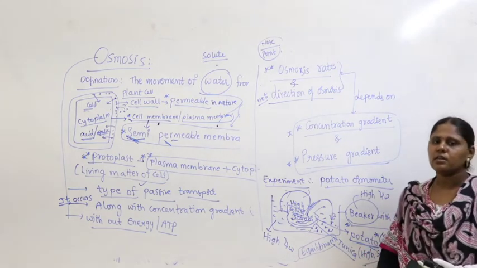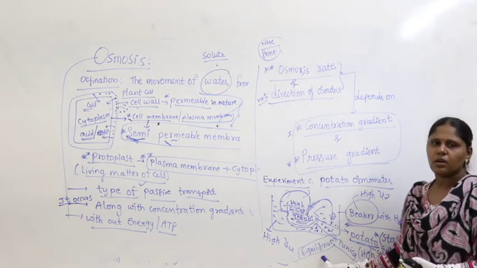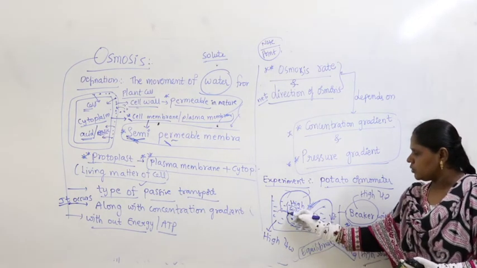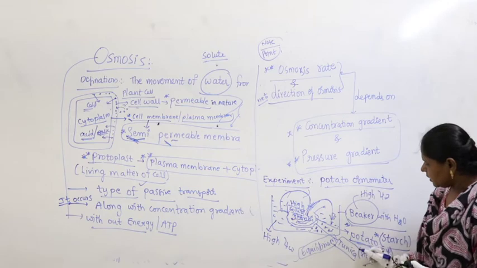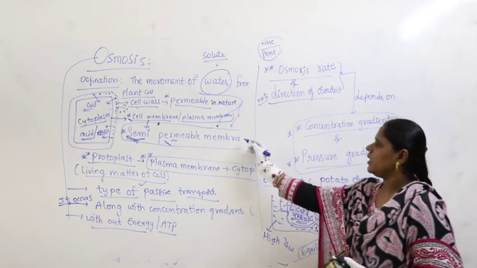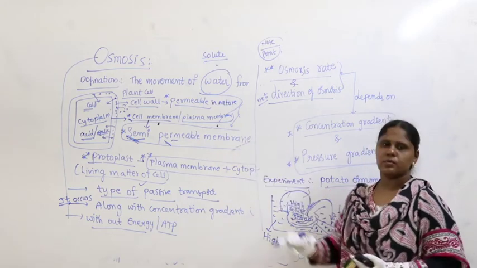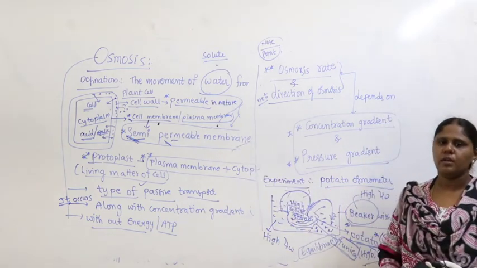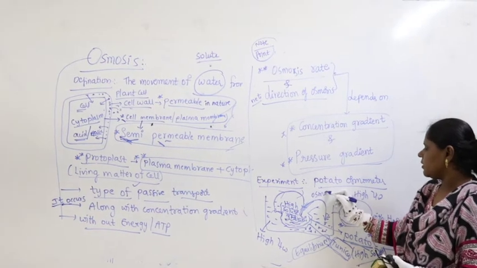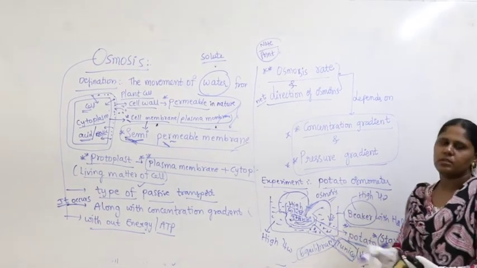Okay, how long does it occur? Until it reaches the status called what? Equilibrium. So the tunica, whatever tunica you find here, will act as a semi-permeable membrane. Tunica will act as what? Semi-permeable membrane. This is the best example for the study of the process called osmosis.